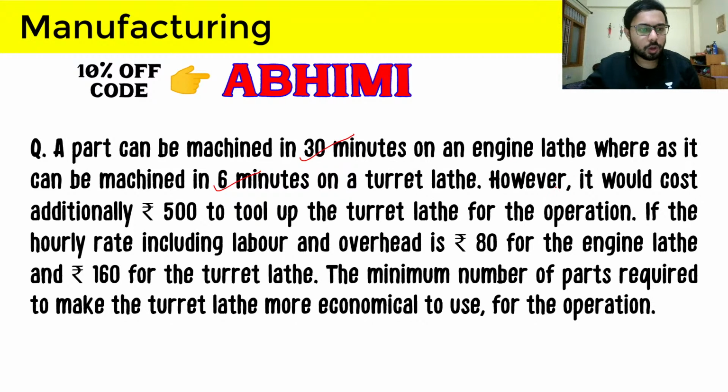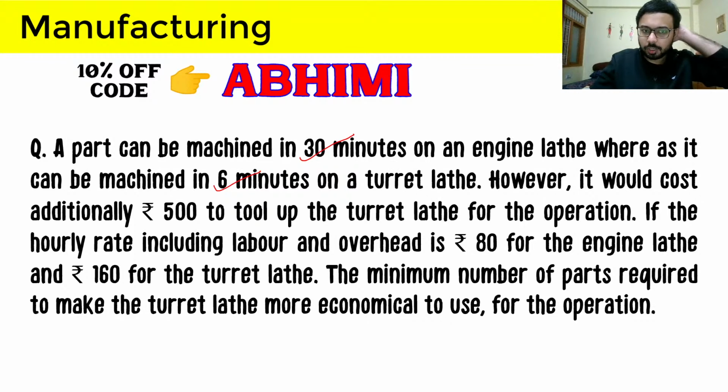However, it would cost an additional 500 to tool up the turret lathe for operation. So an additional 500 is required to just use that turret lathe. If the hourly rate including labor and overhead is 80 for the engine lathe and 160 for the